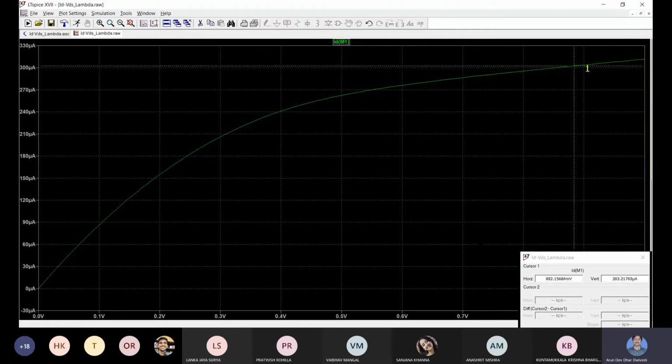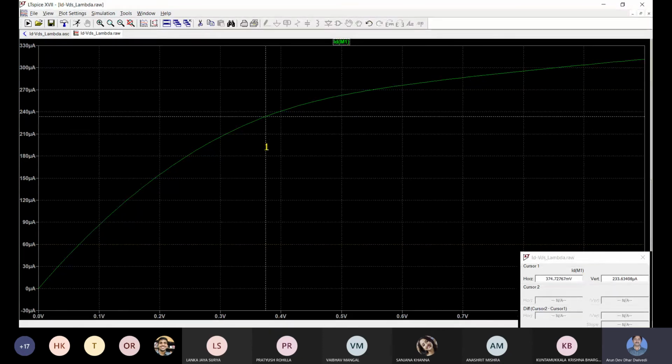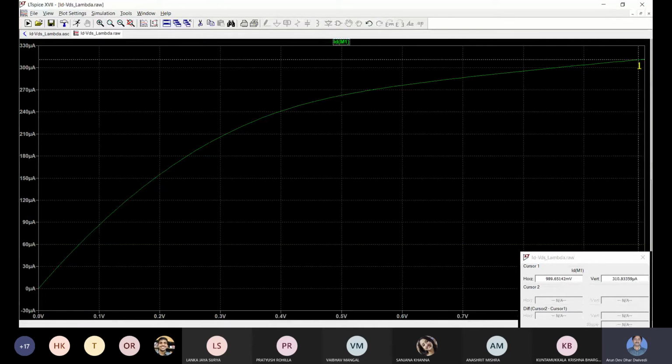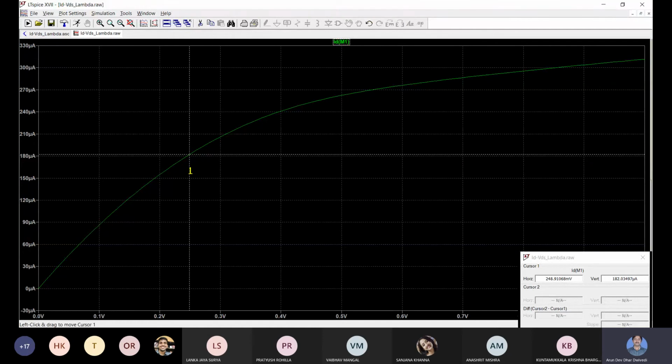It is giving data on this plot because you have chosen it for this ID. So wherever the ID plot is going, it moves around that, and in this way anywhere you can read the reading of any point on this plot. Similarly you can do it for other plots also.